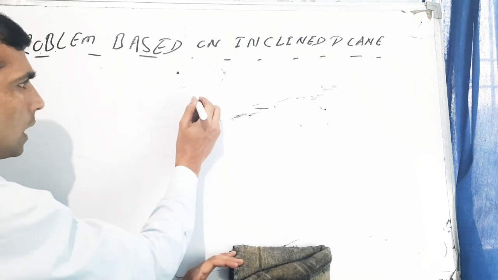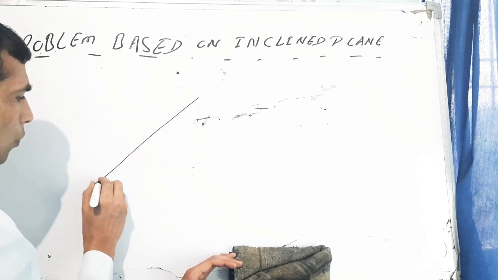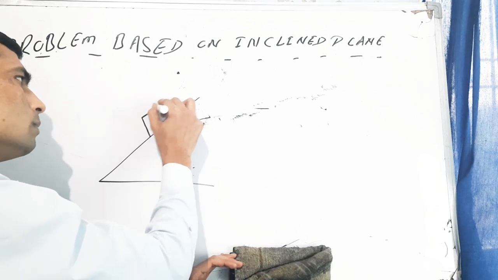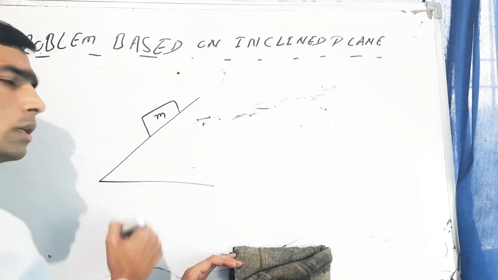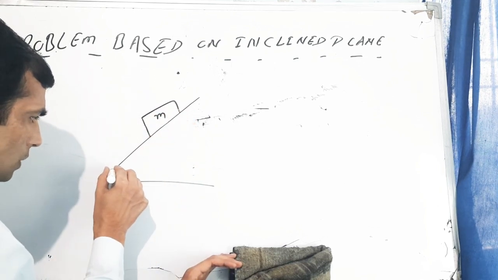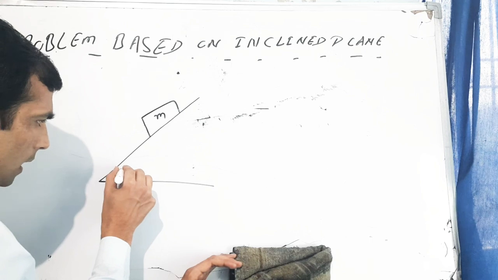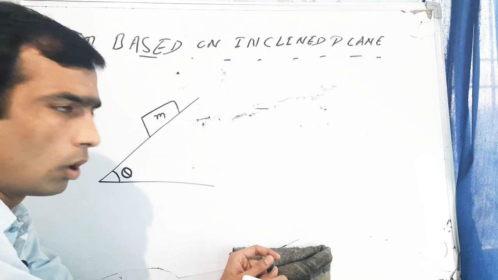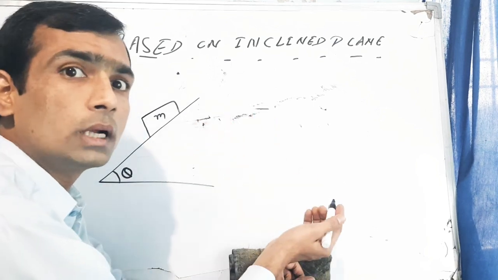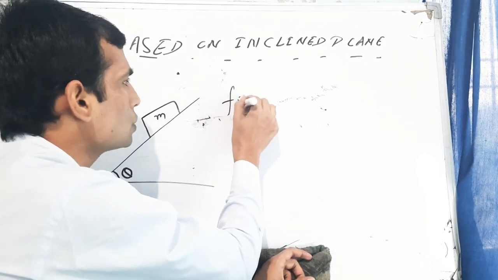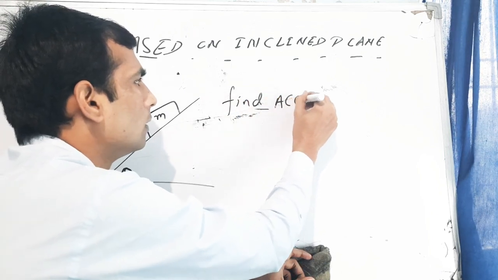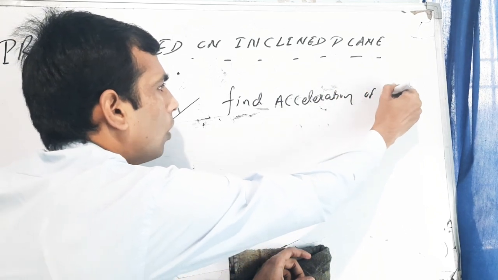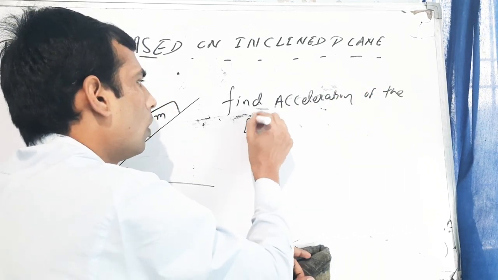Students, just take an inclined plane. Above the inclined plane, a block of mass m is resting. The inclined plane makes an angle theta with the horizontal. m is the mass of the block. You have to find the acceleration of the block